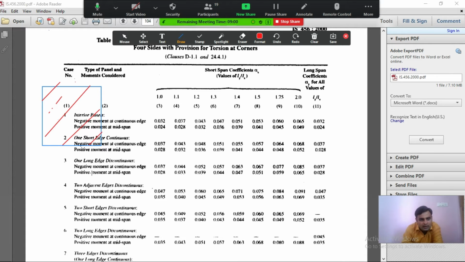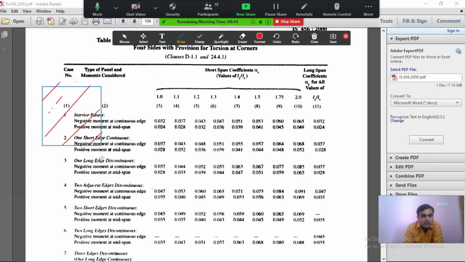Now what they have said, suppose we take condition number 3, one long edge discontinuous. So this is our Ly. Suppose this vertical is Ly, our long edge. Ly is always the longer edge, and Lx is the shorter edge.